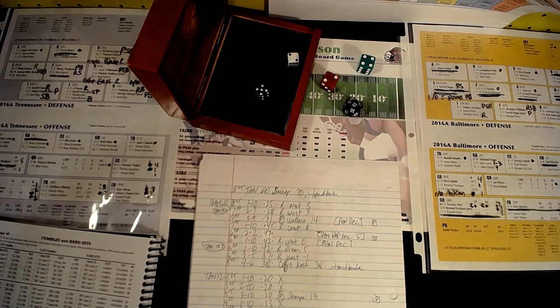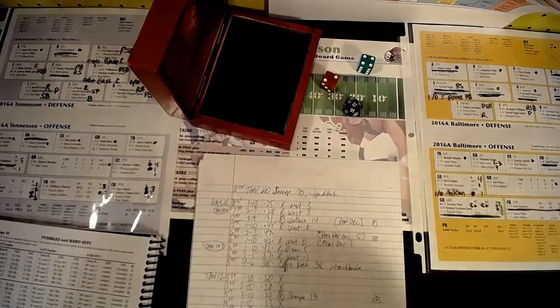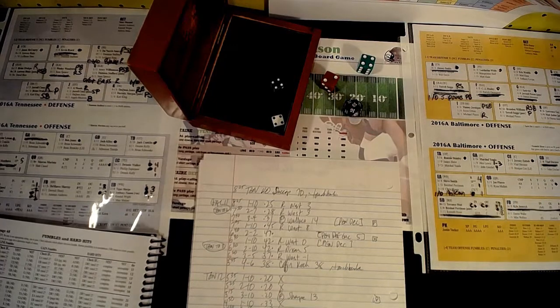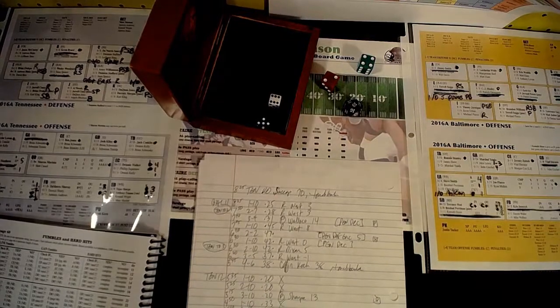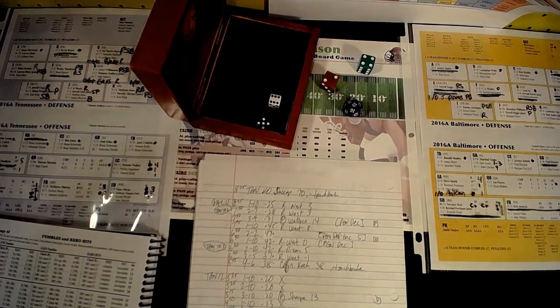4th and 10 from the 37, and they're going to punt with Cook. And it'll be -1, and there will be a return. So he's 46, so it'll be a 45-yard kick. And Mariani, see if he can get a long return here. That could make it interesting. 56. That's +7 to the return. So that's going to be a 15-yard return. But that's going to bring it down to